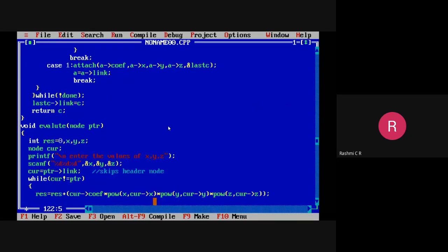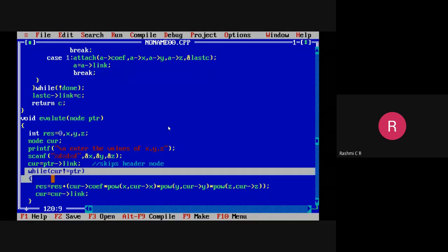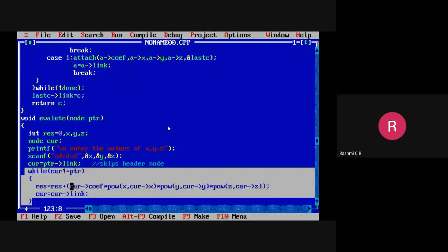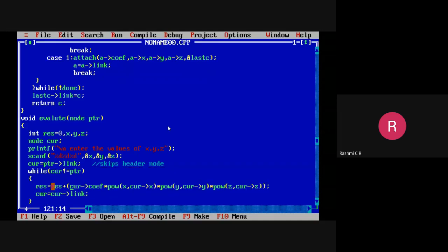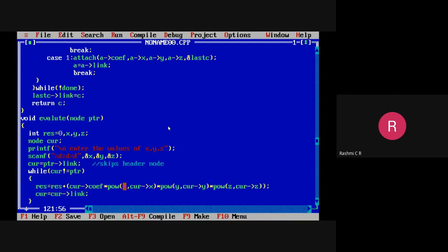Then, if you still have a node, we have to just move to the next node by its link path. This will be completed when you reach the last node. Until you reach the last node, compute the result. We'll just substitute the values of x, y, and z, compute the power, and multiply that with your coefficient term. Initially the result will be 0.